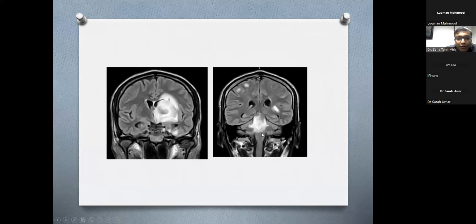The midbrain and the pons are also involved. And then we see the hyperintense signal at the periphery, the gray white matter junction, and hyperintense signal here. This is the same lesion that we saw on the axial images. And this is a FLAIR coronal image, and this again is a FLAIR coronal image, this one showing the periventricular region, and this predominantly showing the brainstem along with the areas in the periphery of the